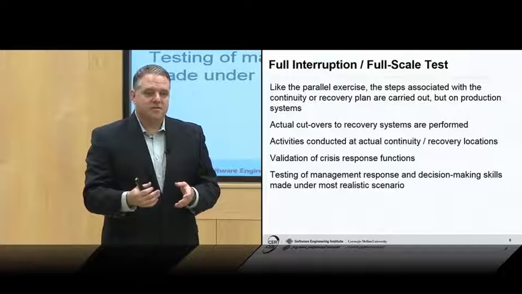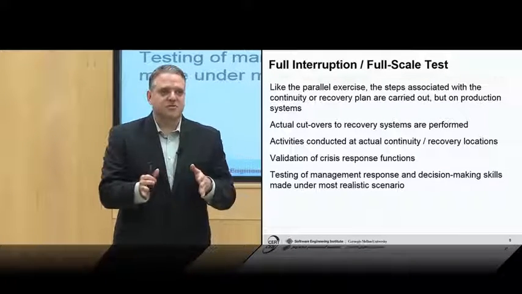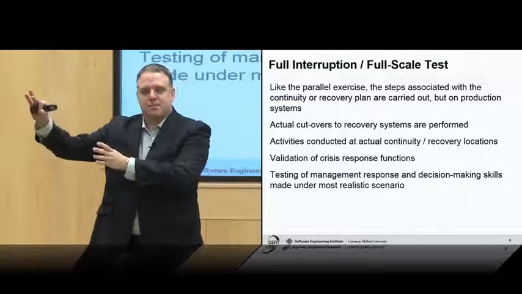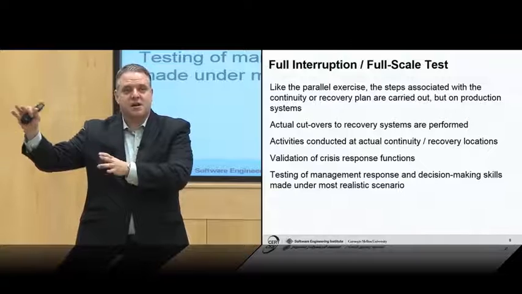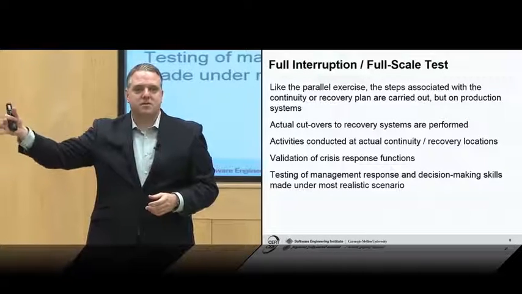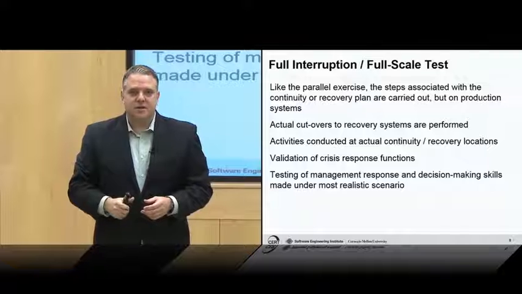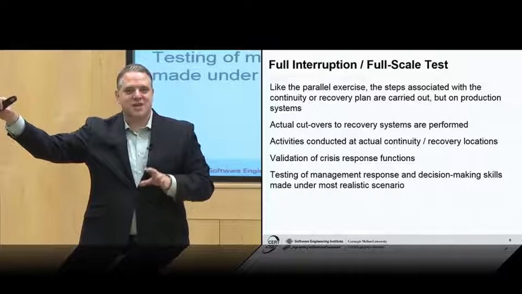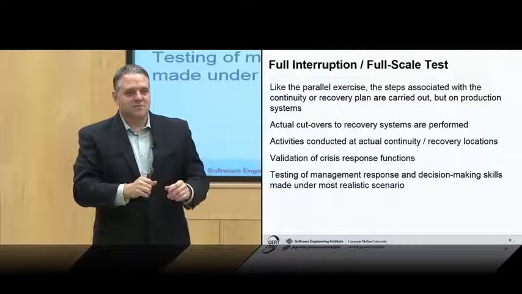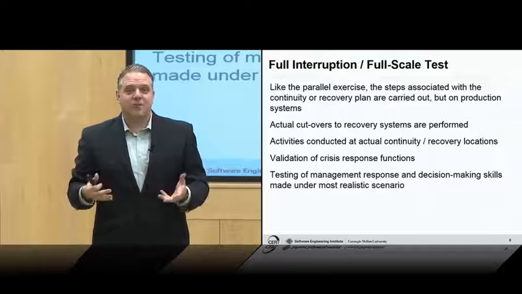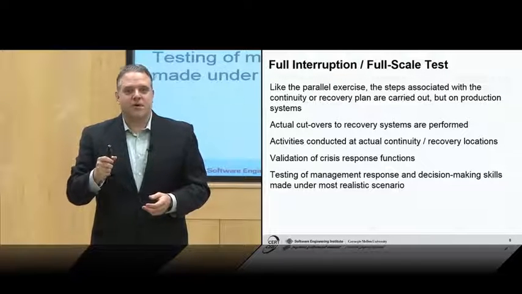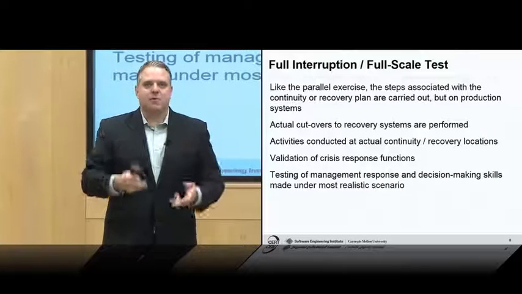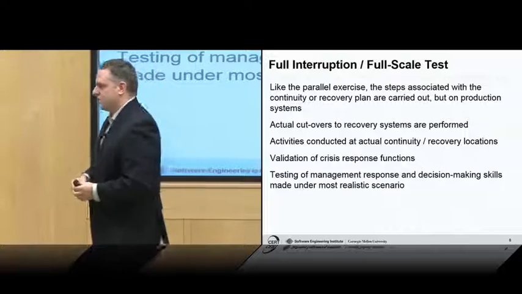And so what they found was the failover process. They started the exercise. They shut down the data center on the West Coast. They watched all the transactions, all the processing migrate over to the East Coast data center, and everything was great. Their hot site worked perfectly with data mirroring and everything else. What they hadn't considered was, all right, how do we get back from here, our East Coast center, to the West Coast? So their exercise was a success. What they found out of it was they don't know how to migrate from East Coast back to West Coast. So resuming operations was where they found an issue.